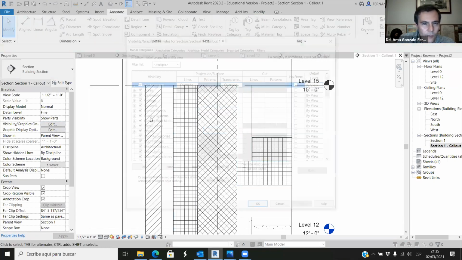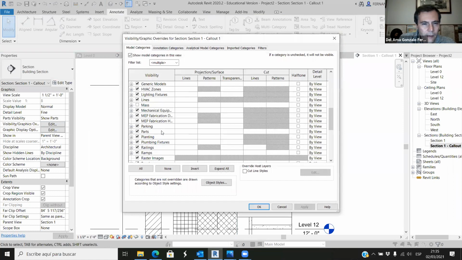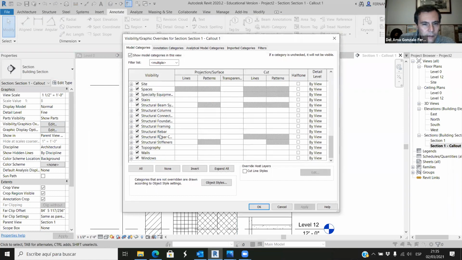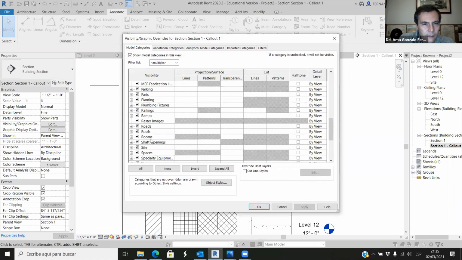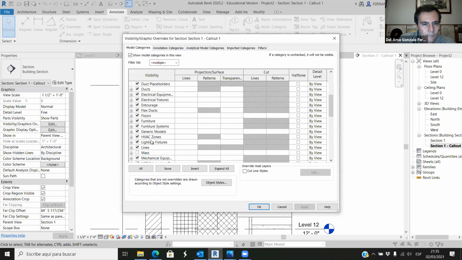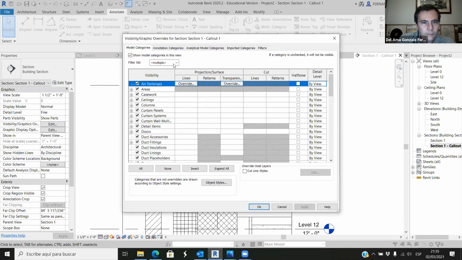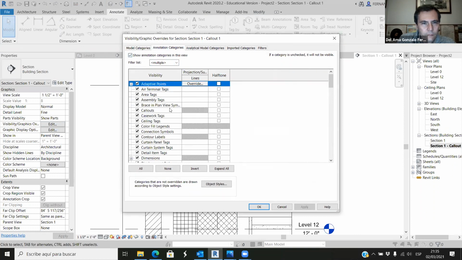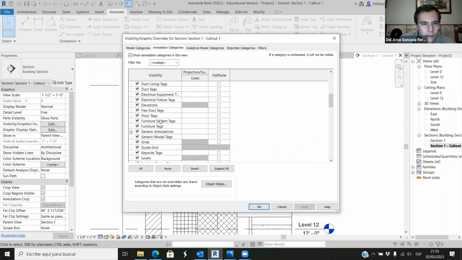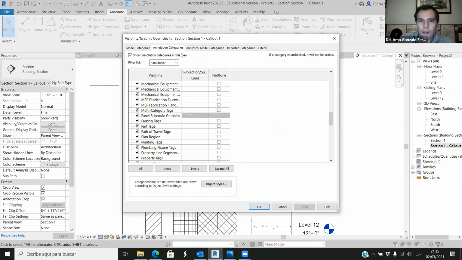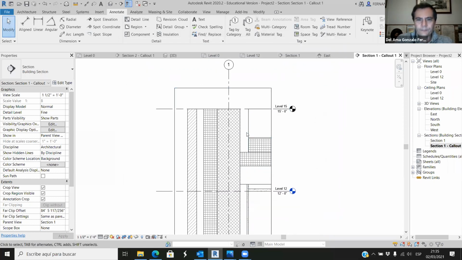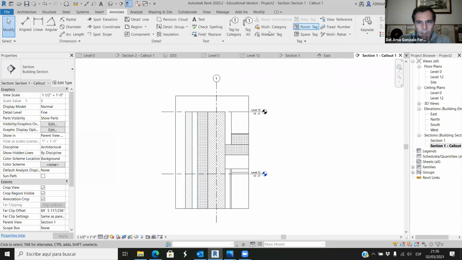And these visibility graphics, I think the text annotation. Well, it's not ready in this template. I thought it was, but it's not. So we will do that on Thursday. Okay. So far we have